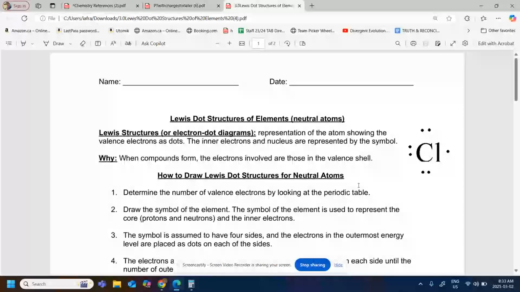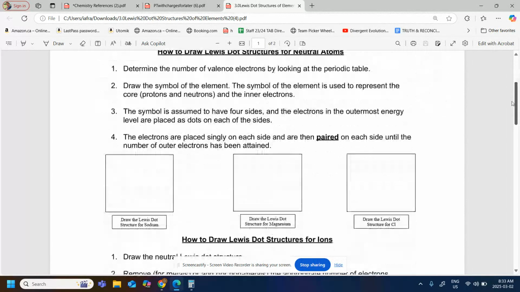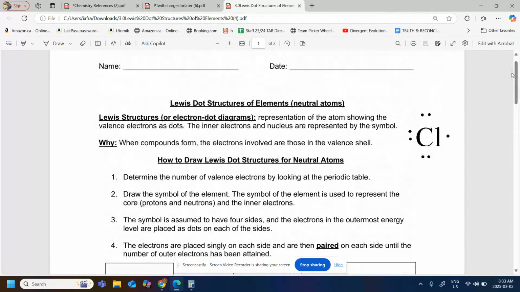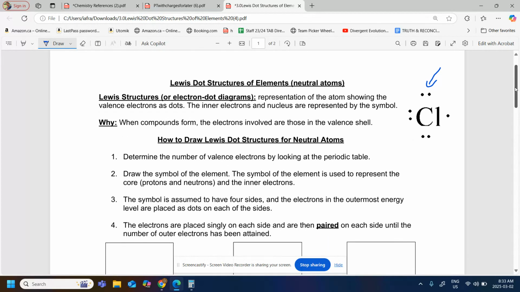In this video, we're going to learn how to draw Lewis structures for neutral atoms and ions. Lewis structures are representations of atoms or ions that just focus on the valence electrons. Remember, the valence electrons are those electrons in the final shell, the valence shell. So this doesn't mean that chlorine has 7 electrons only, it just means that it has 7 valence electrons in